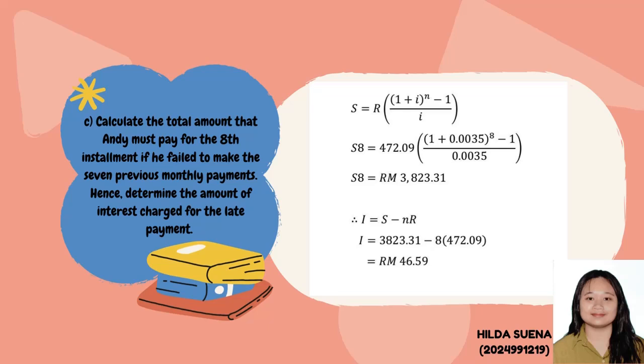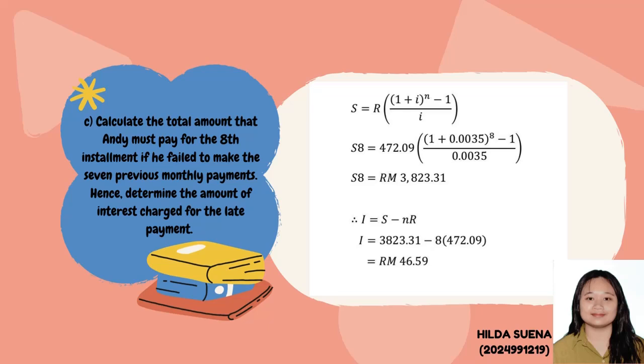This means N is not equal to 72. For this question, if he failed to make his payment for 7 months, that means it's arrears. So the value N is equal to 8 minus 1 divided by 0.0035. Now calculate it. So the answer is S equal